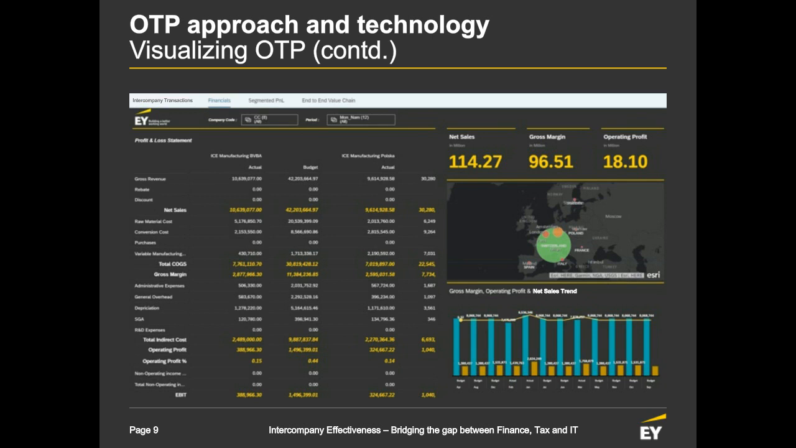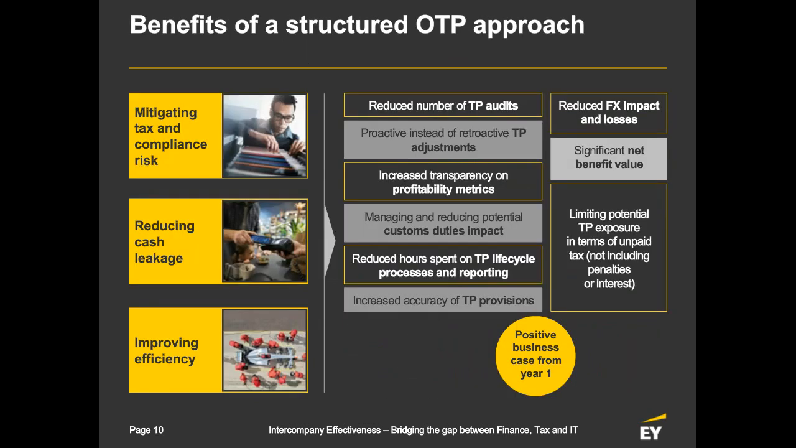So let's now look at the benefits of a structured operational transfer pricing approach. And we've spoken about the three different value drivers: mitigating tax and compliance risk, reducing cash leakage, and improving efficiency. So let's just walk through those one by one and illustrate some examples as we go. So if we think about mitigating tax and compliance risk, one of the benefits of the technology solution is that